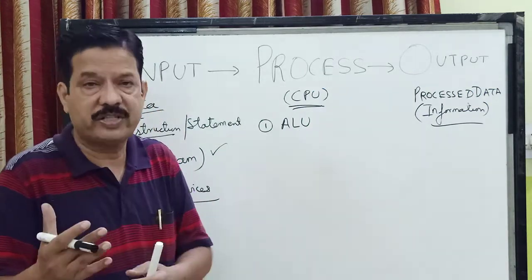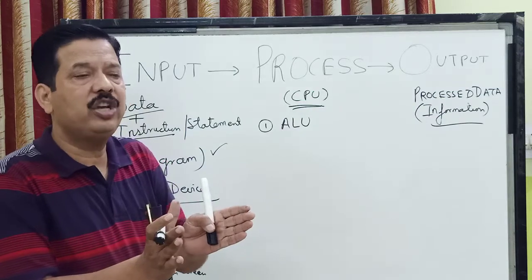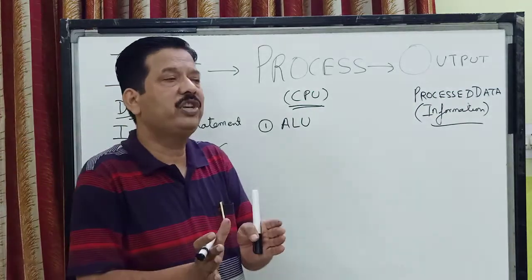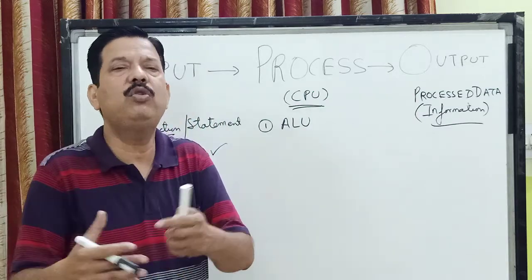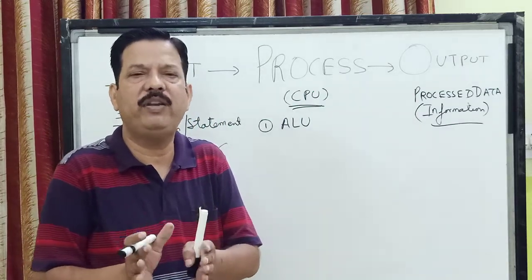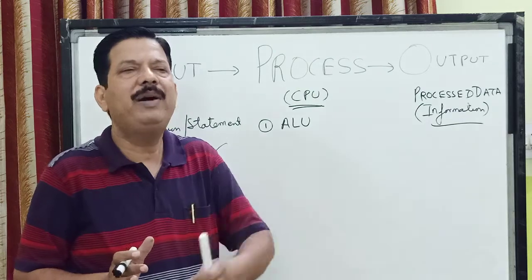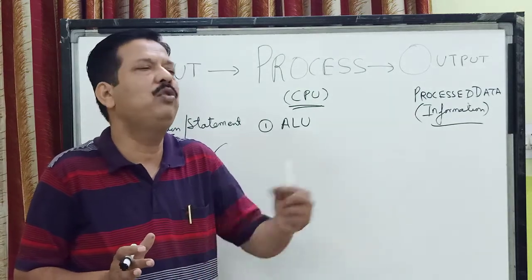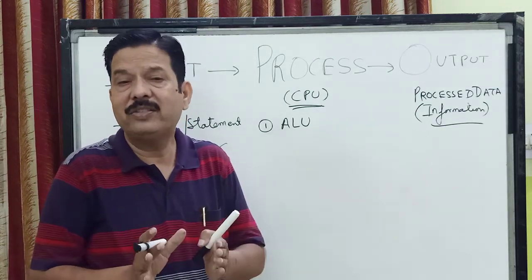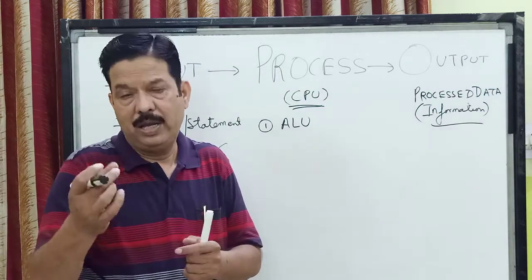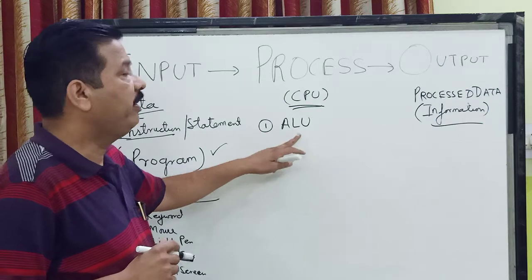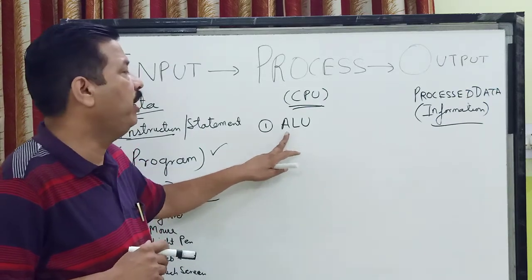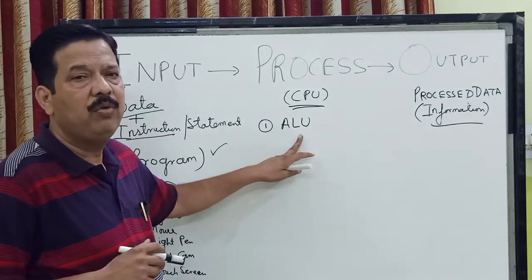Here you make tests, and after making a comparison you take some action or you branch. Either you do task 1 or you do task 2. When you do a comparison, you get an answer in true or false, in Boolean form. If my answer is true, I will do this task. If my answer is false to the logical expression, then I will do this other task. That is a logical operation. And children, this is a very important unit of the computer, of the CPU.